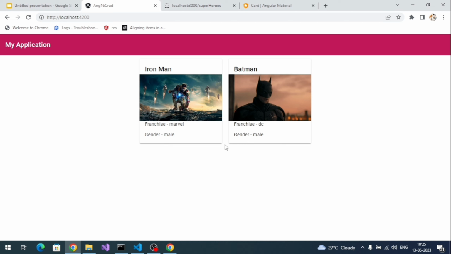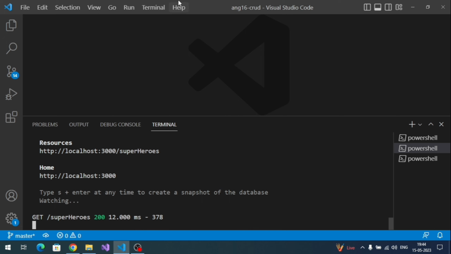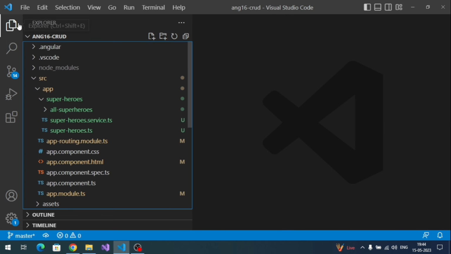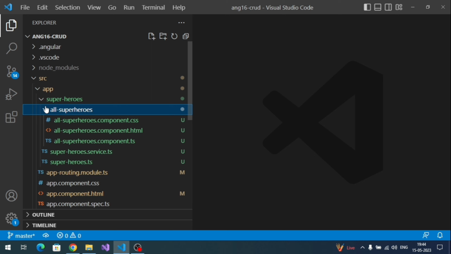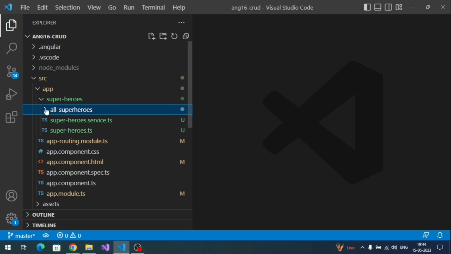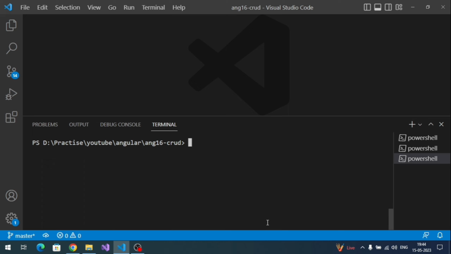So we have successfully implemented the read operation in our Angular 16 application. Next, we are going to implement the create operation. Previously we implemented the read operation, right? Now we are going to implement the create operation. So for that, just like the read operation, where we created one separate component, for create also, let's create a new component. And the command is ng generate